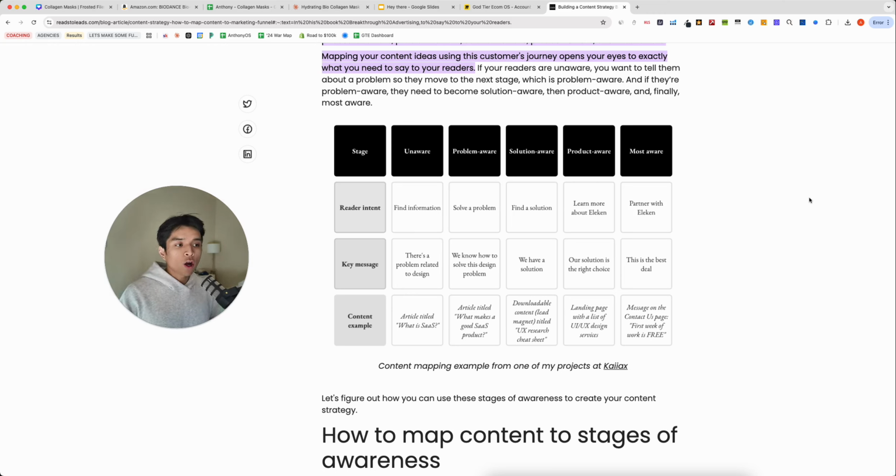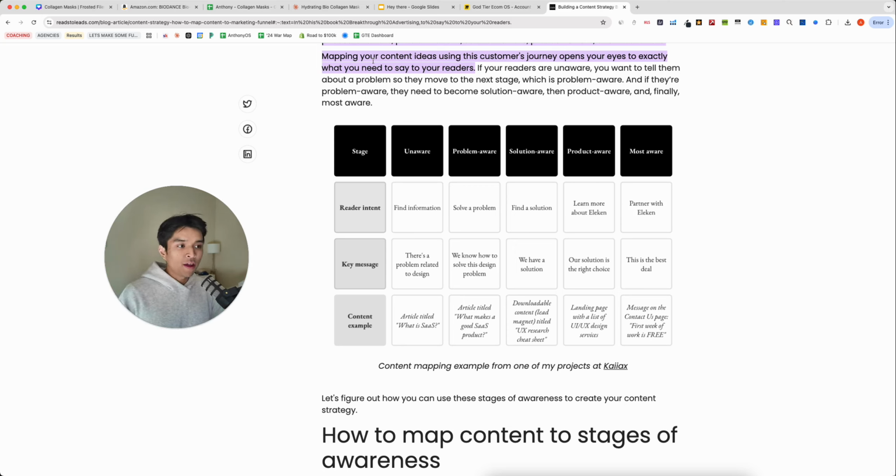And those creatives are great at taking completely unaware people or people who are aware about their problems but don't yet know about any solutions and moving them down the funnel. But the area where most ad accounts are lacking is actually in the product aware and most aware levels of awareness. And the further you go down this continuum, the smaller the audience, but the easier to sell to. And conversely, the higher you go up the continuum, the larger the audience and the more difficult it is to